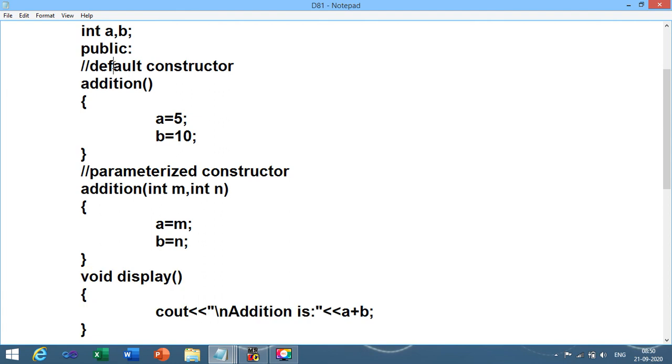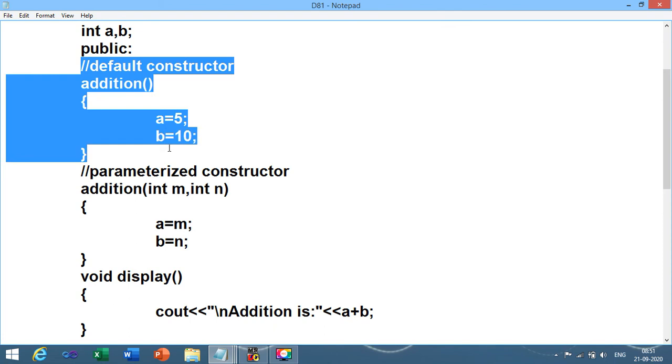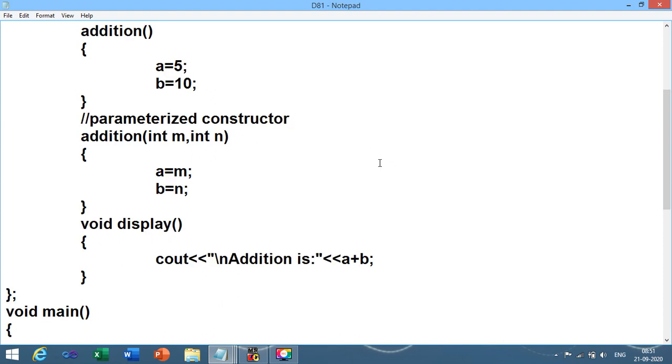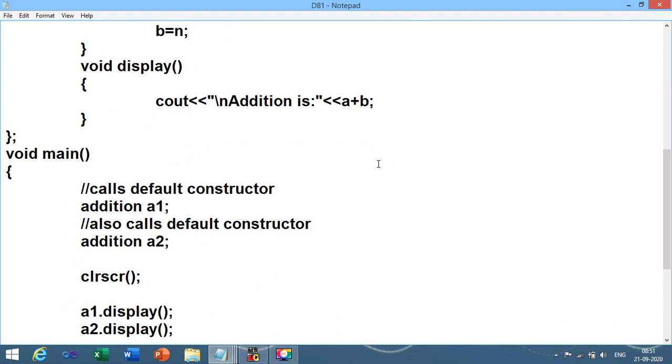The difference between these two would be what? When you create an object, at that time the default constructor is automatically executed and it initializes the values of A and B in these cases. Let me scroll down.